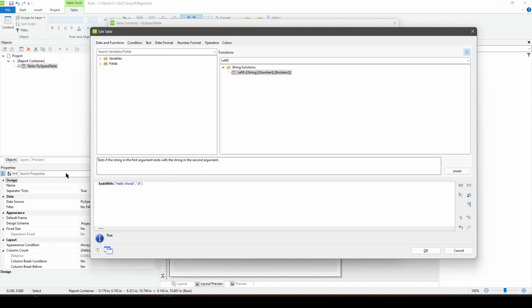In and of itself, this is all very useless. Like, of course, hello world ends with D, and what do we do with that? I can't see how there's any value by itself in this function. However, when we introduce the next function, you start to get a lot of control over modifying the way the information you've entered at the system level gets displayed to the people down the line or gets displayed in your reports. And that function is